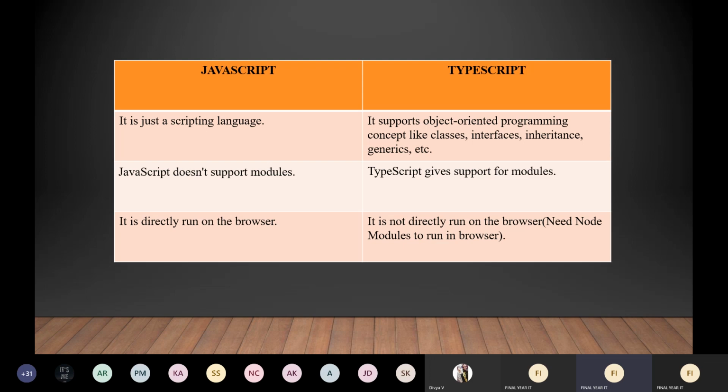Basically, we implement these modules at the coding level. When it comes to development, that is when we use modules. Okay, so it is not directly run on the browser. In the browser, if you are running, right now in our application, my application, we are